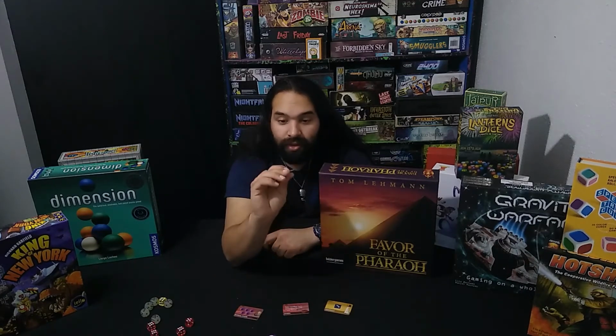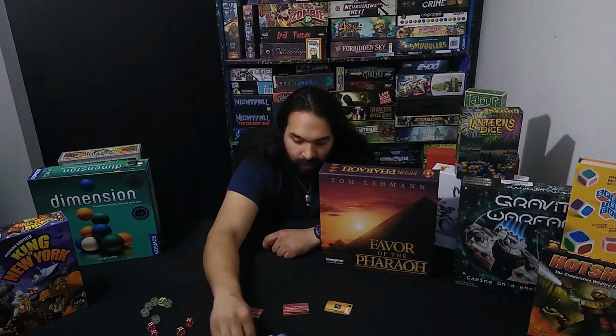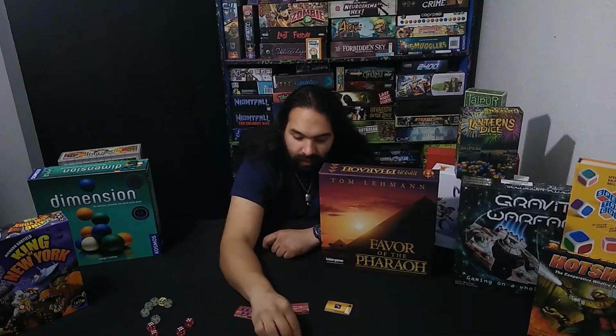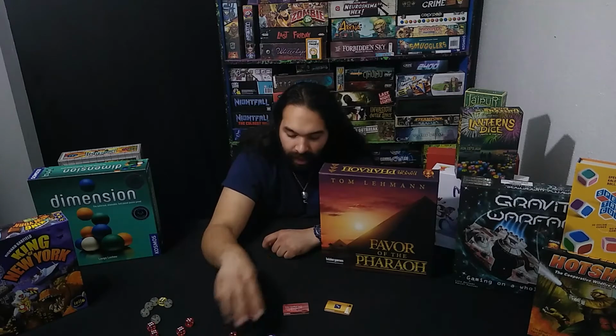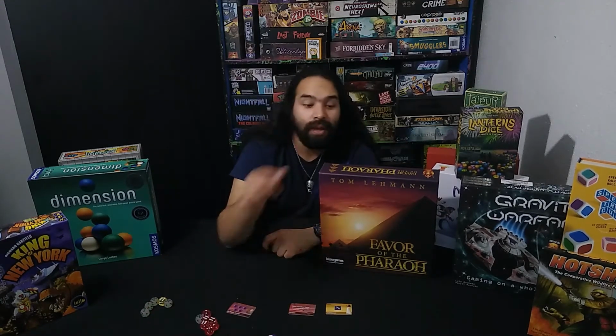This one right here lets you re-roll a die. So if you have a 4, you can add 2 pips to it to make it a 6, or you can use this and re-roll it to make it a 6. And again, what you're trying to do is you're trying to get 7 of a kind to win the Favor